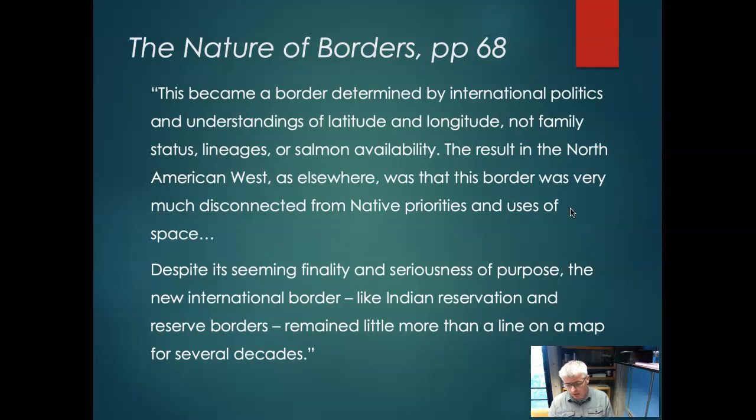So as this line bisects the U.S. and Canada, that's cutting off families that would have traditionally moved back and forth, families that might have had winter villages on what's now the Canadian side, but their summer occupations would be on what's the U.S. side, or vice versa. And they needed that movement to be able to harvest enough fish, to collect camas, to do things that they needed to ensure their livelihoods. And so this line is drawn using a ruler based on some arbitrary number, but has real implications for how that space is used and how that's impacted.